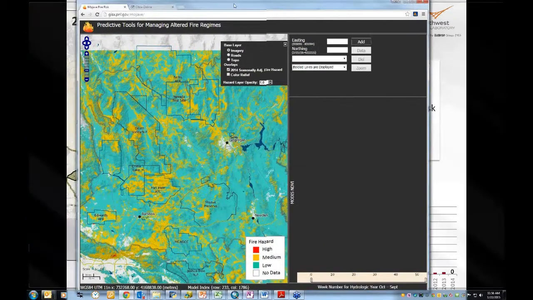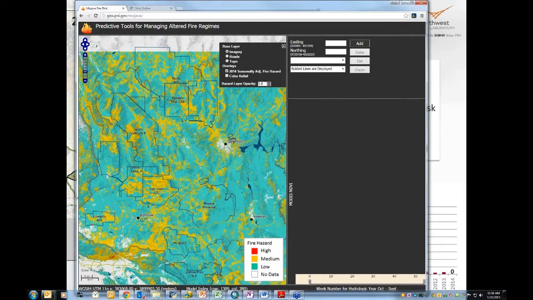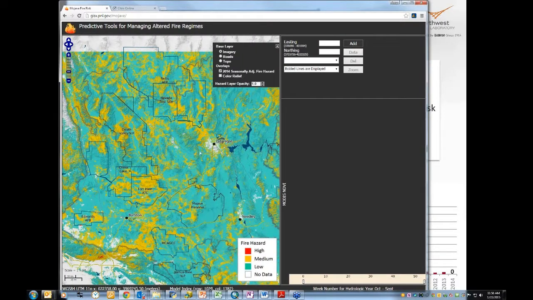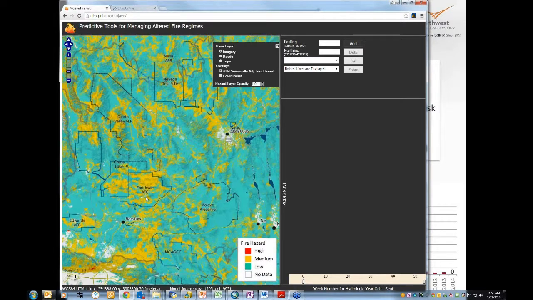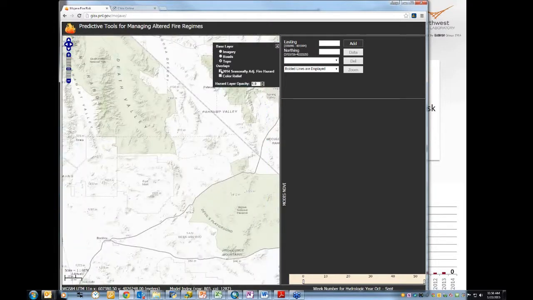So we should be seeing on screen now a map of the Mojave. It's showing the 2014 fire risk map in the background. So we've got some basic geospatial functions in here in terms of background imagery, roads, the topography. Oh, we want to show off the overlay here. And you can see that